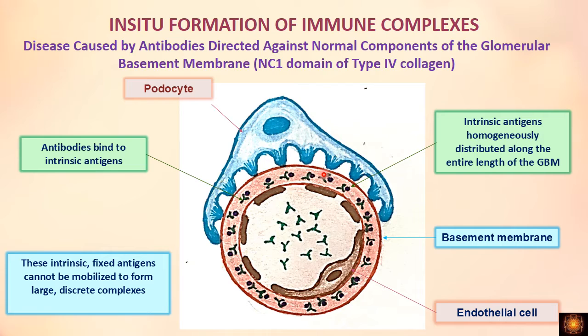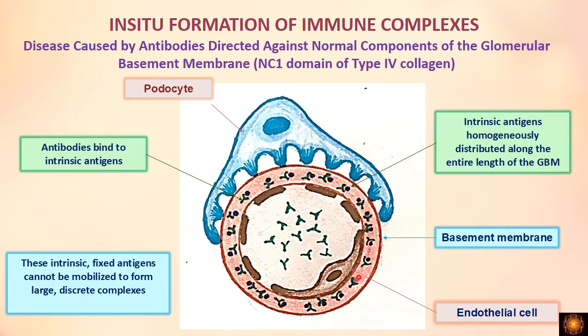If you see my previous video, which is on the normal structure, there I have already told that the glomerular basement membrane is made up of, specifically the main structure is made up of, the type 4 collagen. On that we have attachment of the glycoproteins. So this NC1 domain of the type 4 collagen is uniformly distributed along the basement membrane. So the antibodies which are formed are also uniformly distributed along the basement membrane. They don't form any